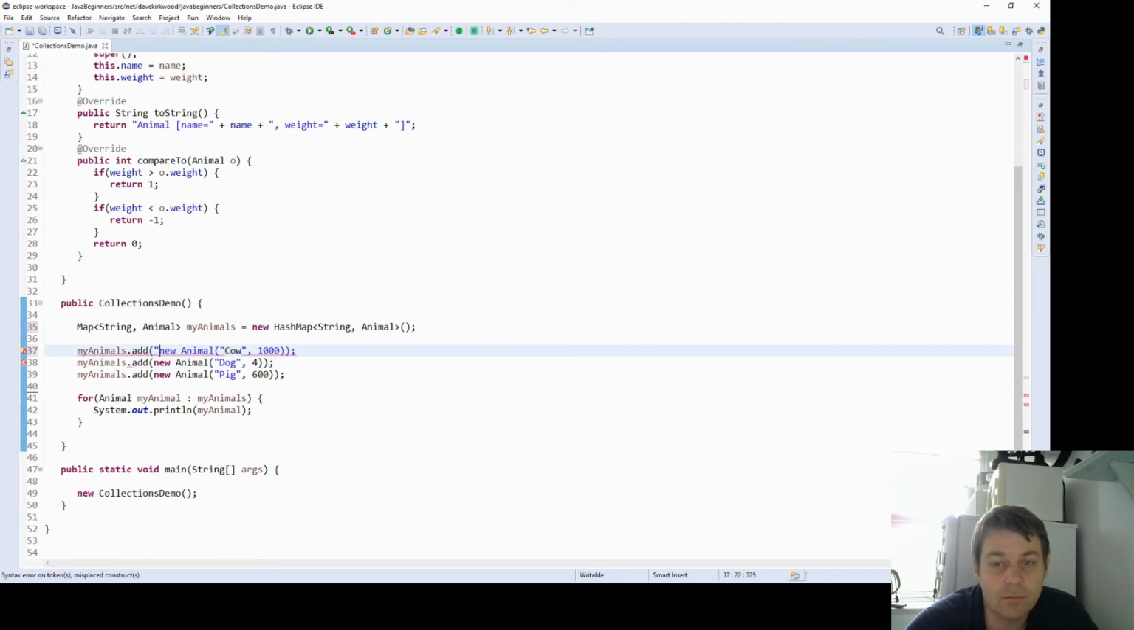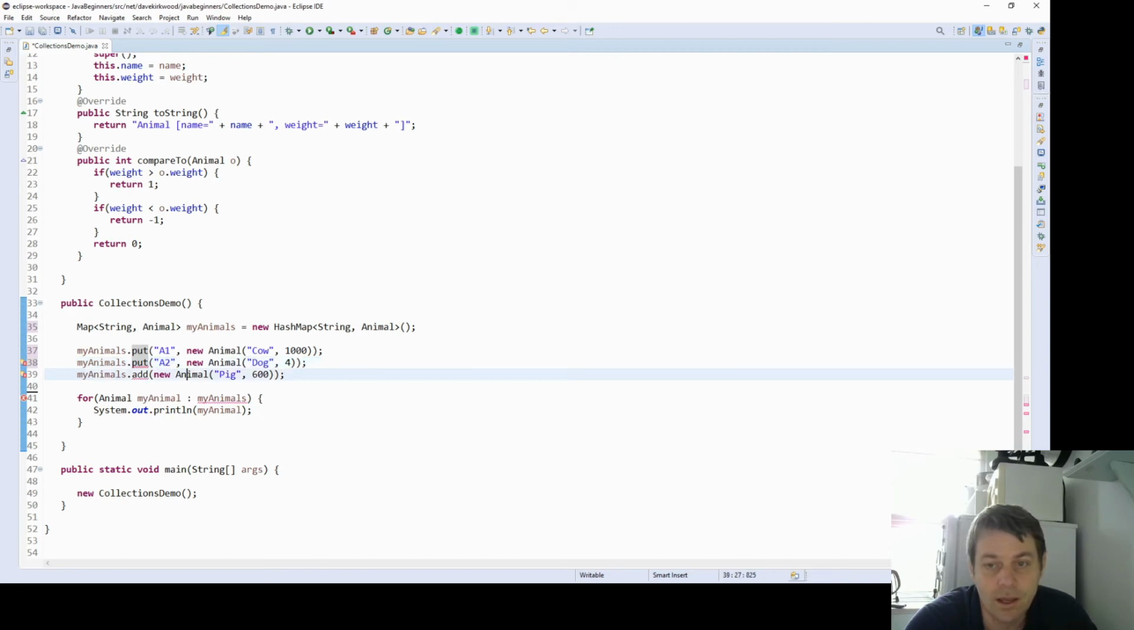We've got to make it a string, so we'll call this A1 for animal 1, and the method in HashMap is put. So put A1 animal 1, my animals put A2 animal 2, and put A3 animal 3. So now I've put our three animals into a map, and they have a sort of key